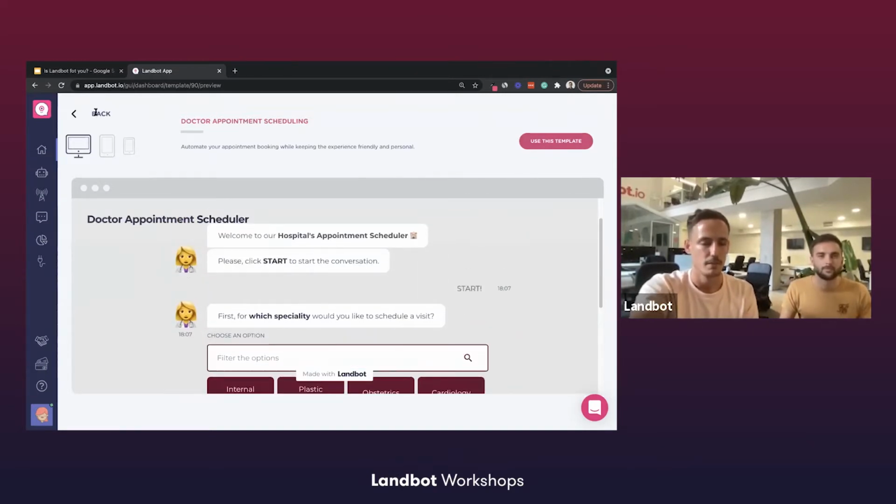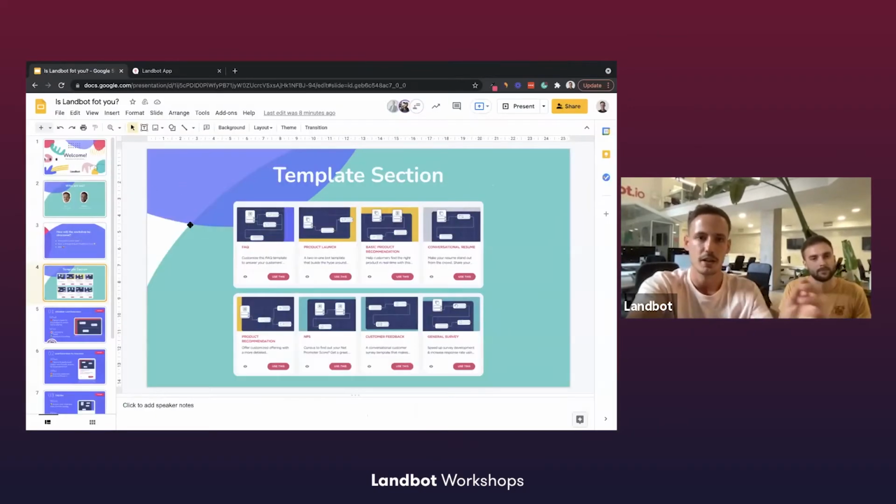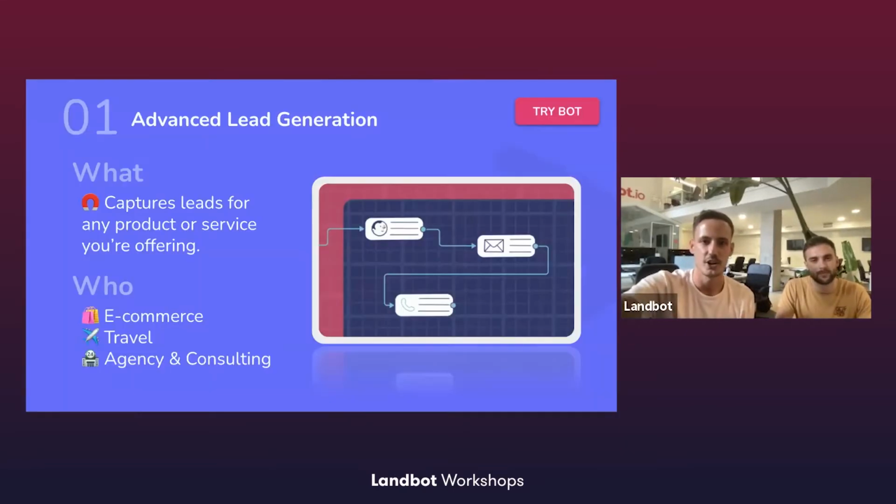So again, play around with templates, filter through different industries and use cases to find the best one for your company. So we've selected 4 templates for this workshop. We believe that these are probably some of the best templates we have. We're constantly adding new ones. So if you want us to add a template, or if you get a super good bot you want us to make a template of, just reach out to us too. We'll be happy to help. So let's start with